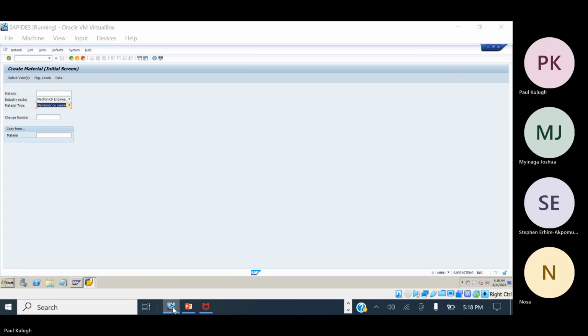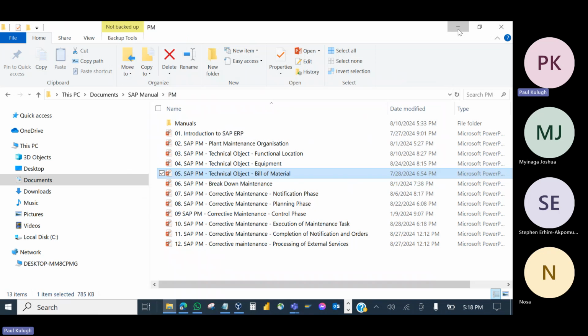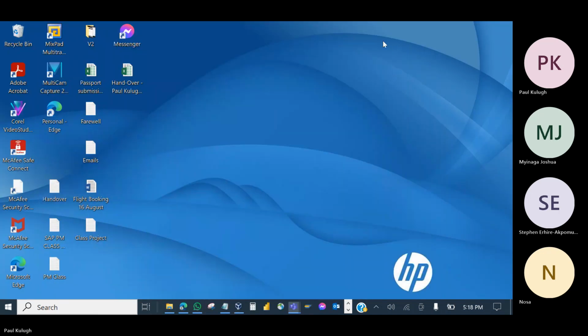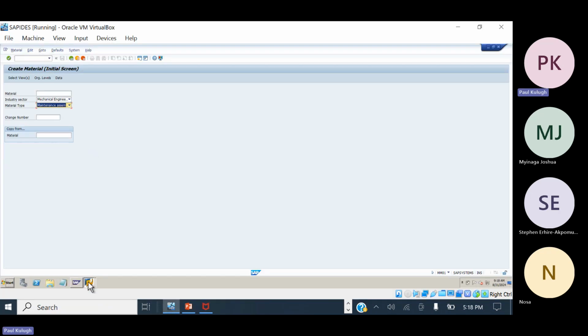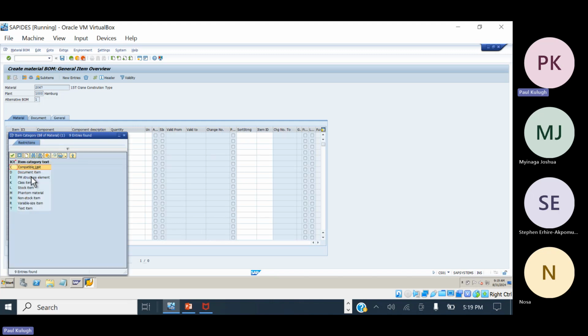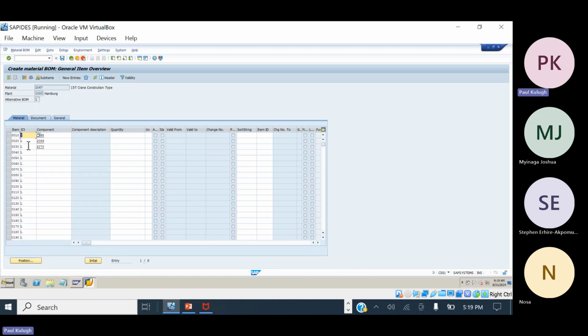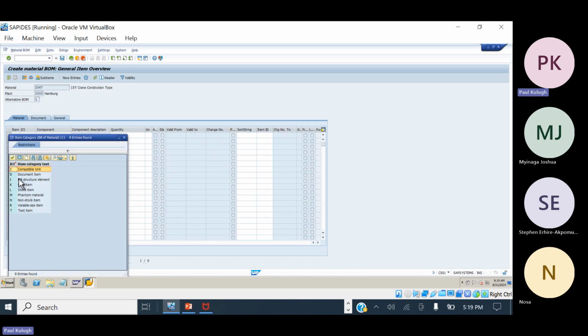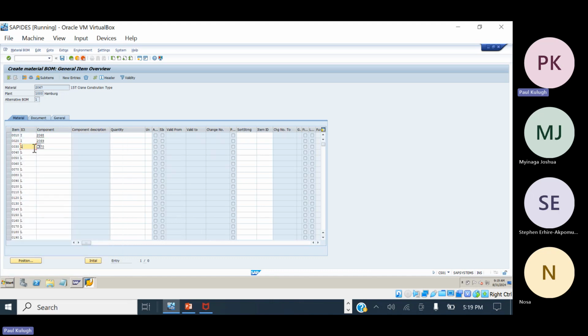So let's go back there. Great. So we can't say they are stock or non-stock because they are not spare parts. So there's a special item category that we will assign to these ones. And the item category is what? PM structure element. So item category I. We select PM structure element for all the assemblies